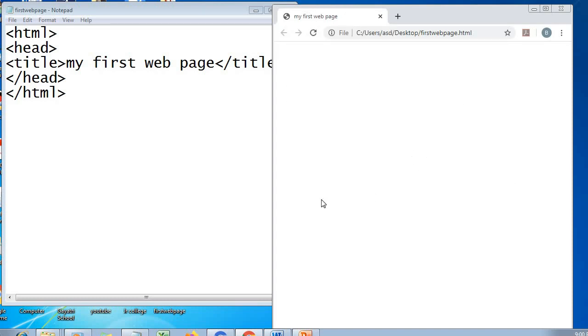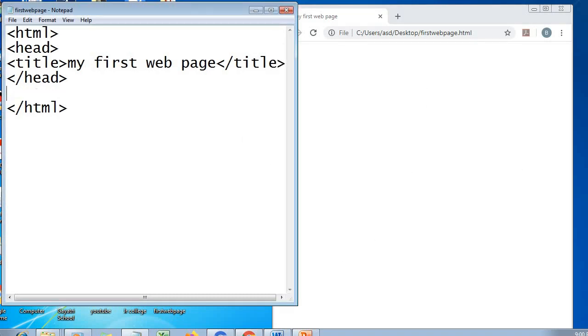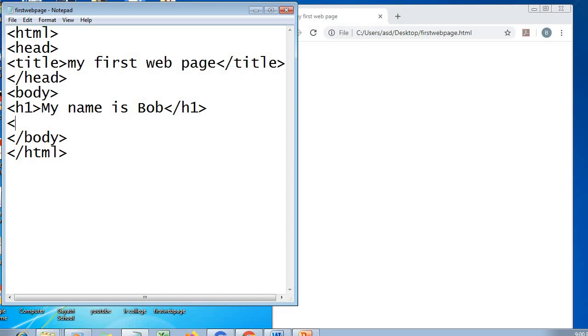Now this is the body part. If you want content in this body part, what should you do? Check here, you need to specify the body tag. Under the body tag you can again use the closing tag too. Then write the code in between. You can write it over here. If you want to specify a heading level, H1 is the tag to specify heading level 1. Here I am writing my name is Bob. Close the H1 tag. You can use H2 also, H2 as standard 12.